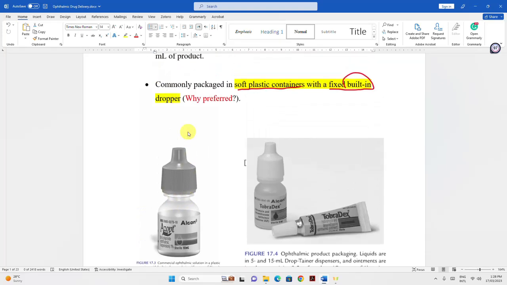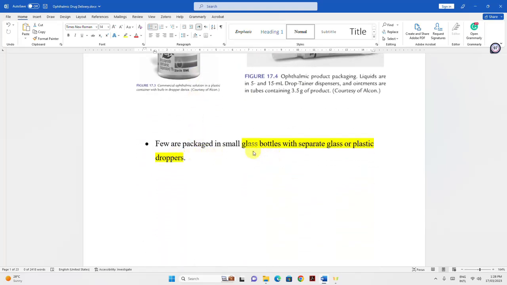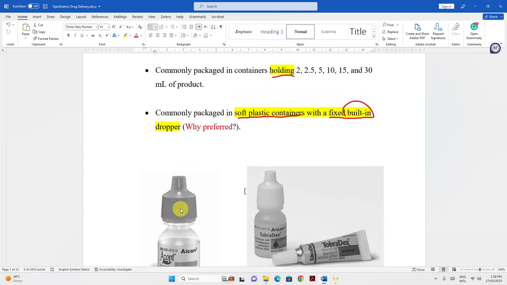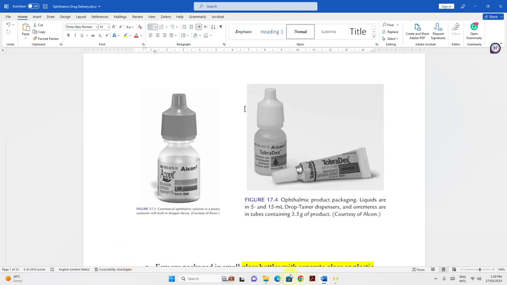Okay, and this is preferable to the third type, where there is the glass bottle and separate glass or plastic dropper. So what you do, you open it, and then with the teat bulb you press on it to withdraw the volume of liquid, and then you press on it again to release the drops. Okay, it will be in the form of a similar bottle like what you see here,